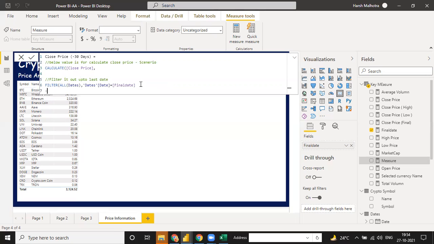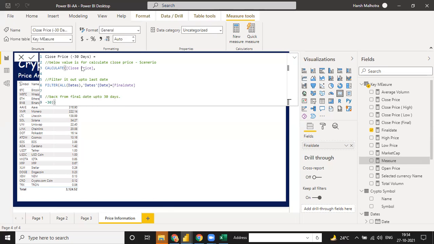And now if I use minus 30, so you can write it here as back from final date to 30 days. Okay, so this value gives you the result of close price minus 30 days.